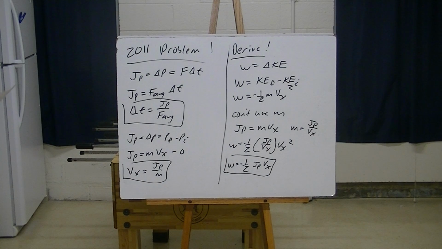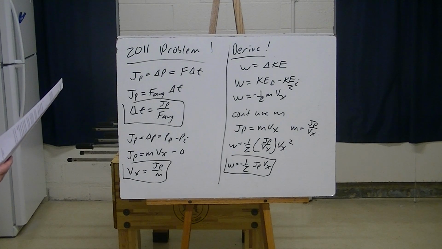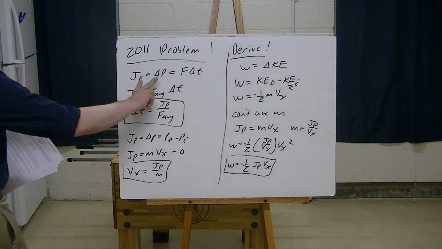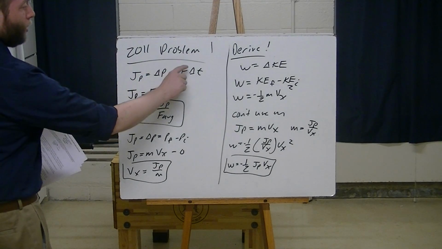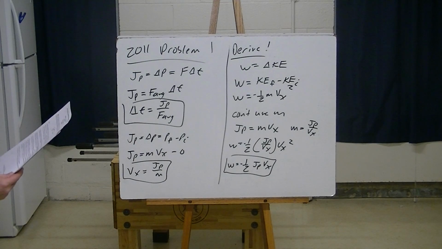So they're going to ask us for a lot of information. In parts A and B, they use the term determine. So determine an expression for the time required for the projectile to travel the length of the launching device. You need to recognize the relationship between impulse and F delta T. Delta T represents the length of time that the object is inside the device,